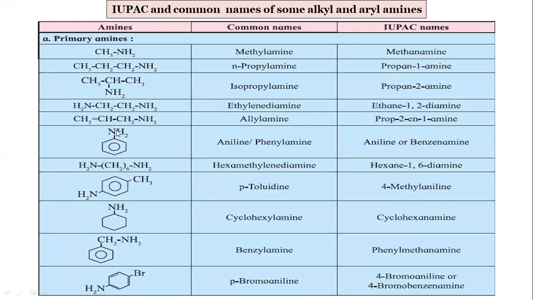So this is NH2, and this is a benzene ring. This is a parent aromatic amine. So this aniline is a parent aromatic amine. When the NH2 group is attached to the benzene, it is called aniline. This aniline name is also accepted by the IUPAC, or it is also called benzenamine. Why is it benzenamine? Because